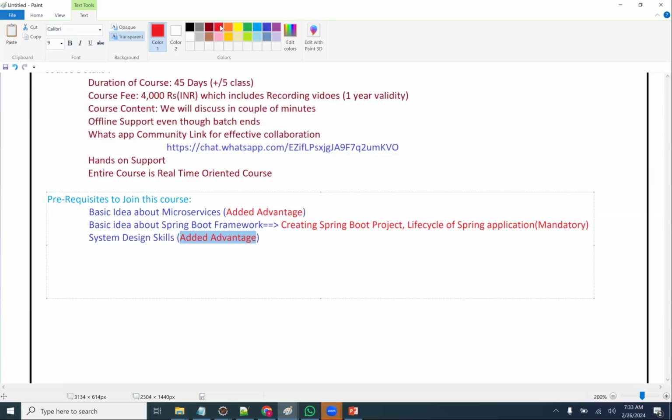My course coverage will give you an idea about the system designing part also. That will be useful for your interviews, especially for guys with 10 plus years of experience. This is very, very important. System design nowadays is very important in interviews. When they ask about your project, you will explain your project,